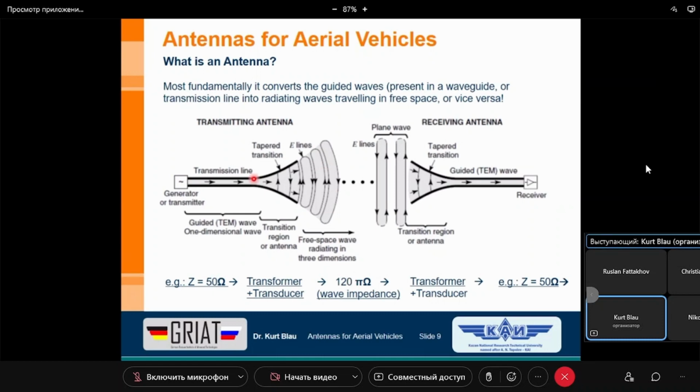We have transformed it down to this plane here, the output of the generator or the input of our transmission line, to 50 ohm. And at this moment, we can calculate the radiated power based on the assumption that we have, between this plane, again meaning the output of the generator or the input of the transmission line,